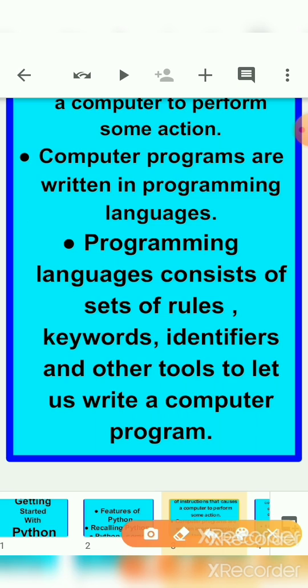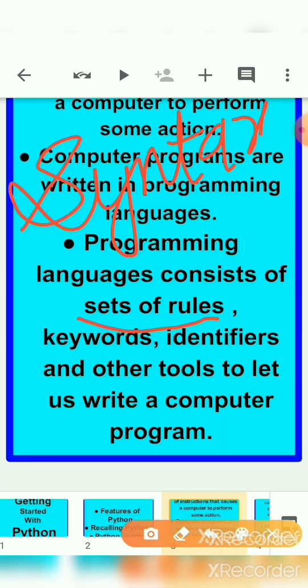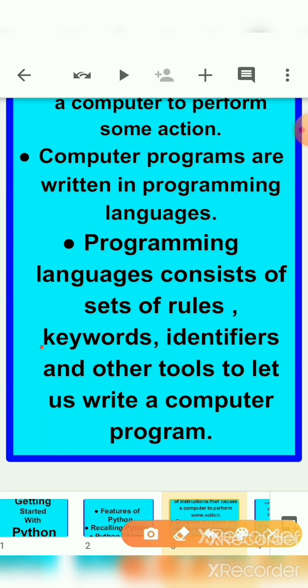In the same manner, in the computer field also, each and every language has sets of rules and regulations, or we can say we have a few syntax also. Like in maths we have formulas, in the same manner in computer languages we have syntax. Now if you notice here, there are two words which are very new to you: keywords and identifiers. About these two words we are going to talk in chapter number 7. When this chapter gets finished, we start chapter number 7. In that chapter we are going to discuss keywords and identifiers. Now I am not explaining these two terms.